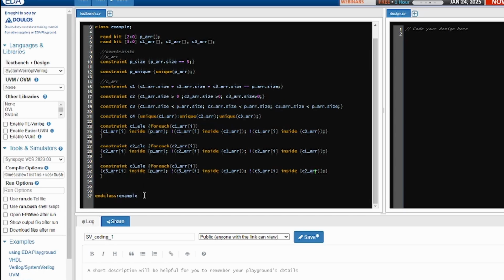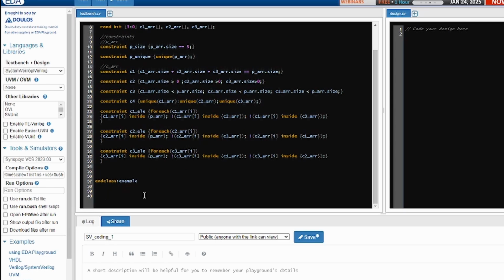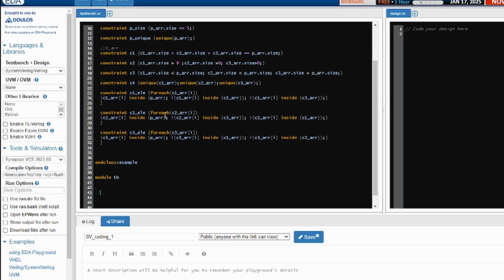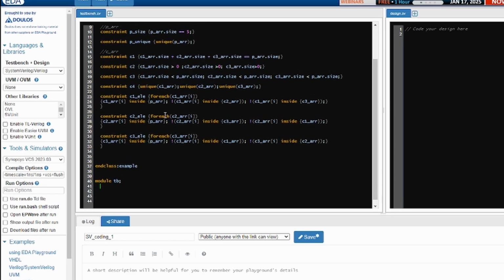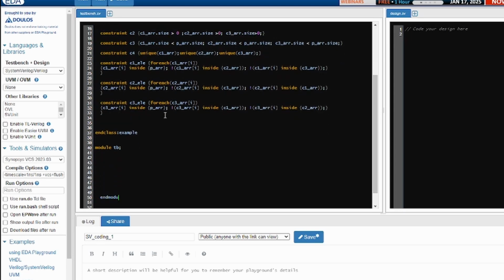Let's create a test bench and run the simulation so that we can see the output. So let's write module TB, and then end module. So let's create the object and handle for this example class. So example ex1 underscore h, it's a handle. Let's create the object for that. Now initial